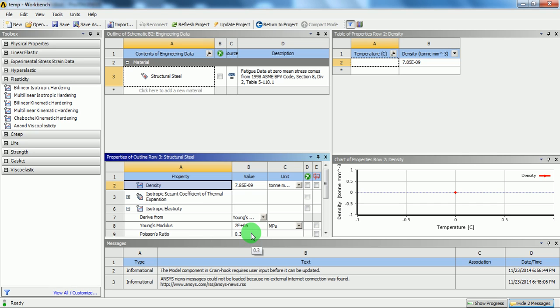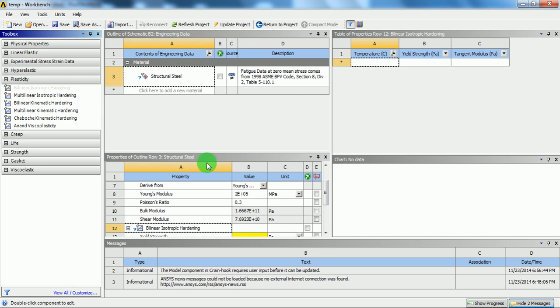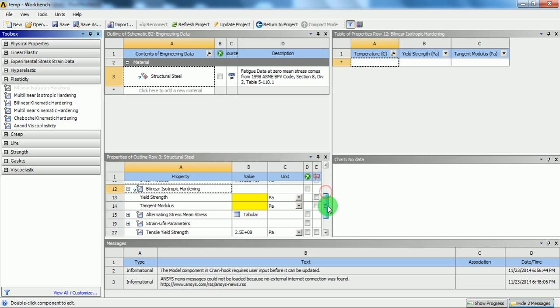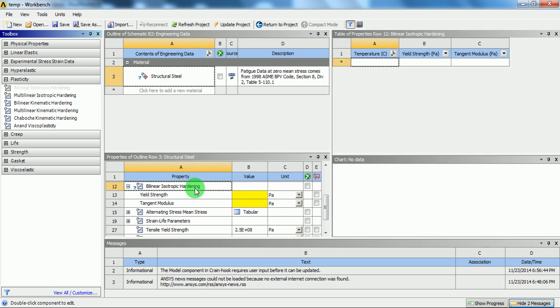Apply the bilinear isotropic hardening properties to the steel material. Double click on the bilinear isotropic hardening. It is now asking to enter the unit and the value of yield strength and tangent modulus.